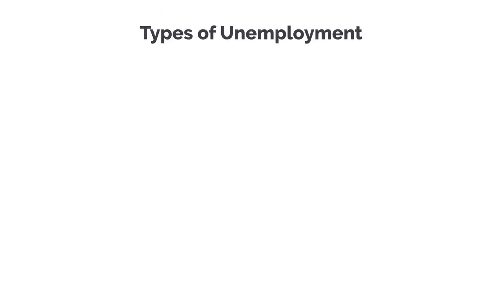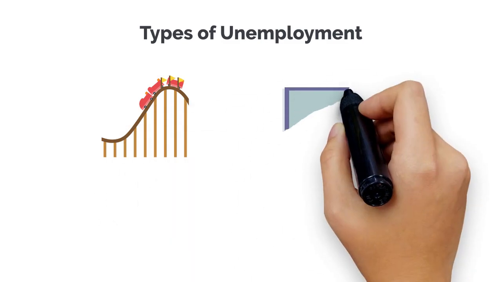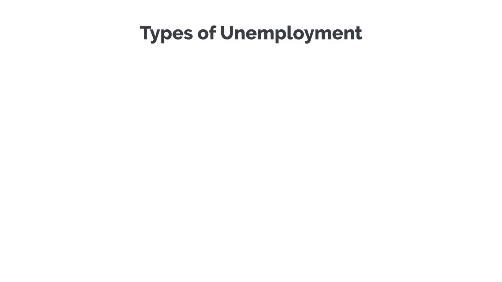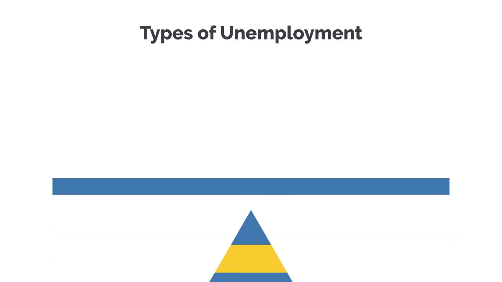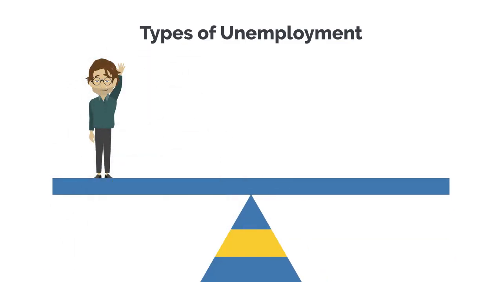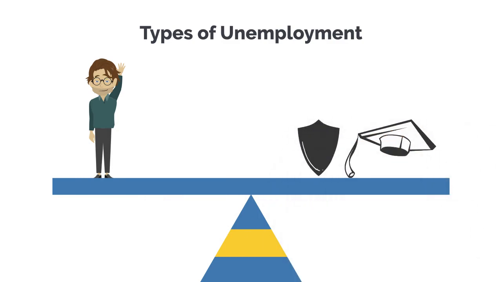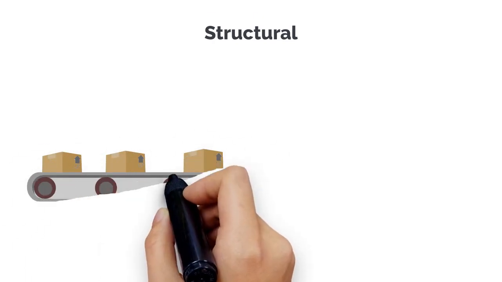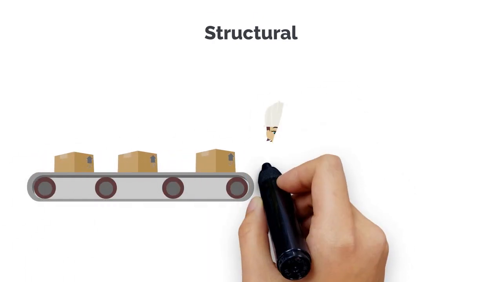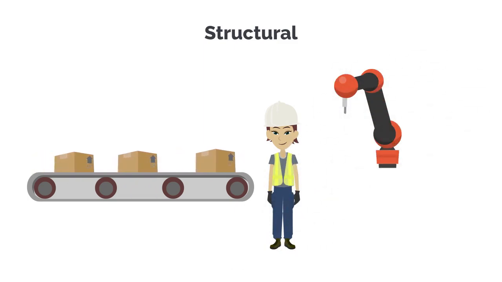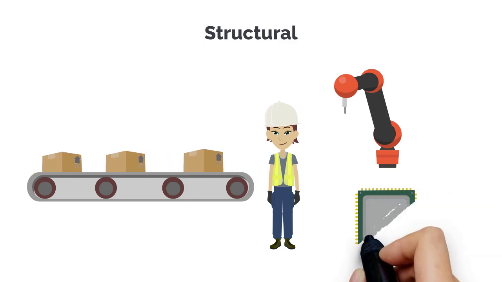Types of unemployment. Unemployment can result from cyclical, structural, frictional, or institutional causes. Policymakers can focus on reducing the underlying causes of each of these types of unemployment, but in doing so, they may face trade-offs against other policy goals. Structural. The desire to encourage technological progress can cause structural unemployment. For example, when workers find themselves obsolete due to the automation of factories or the use of artificial intelligence.